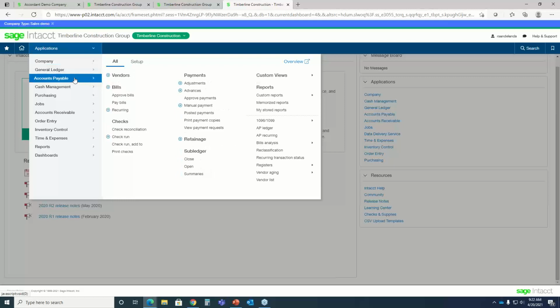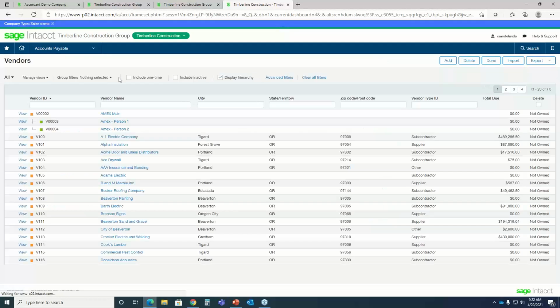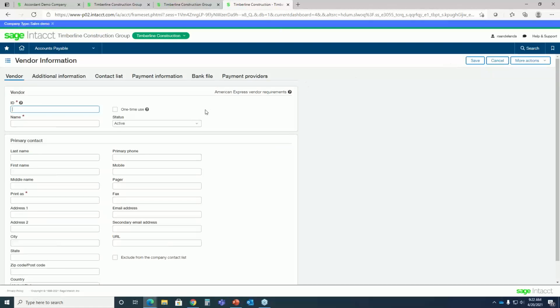We're going to jump into AP for a minute. Let's look at a vendor setup screen. Notice, by the way, this list view that pops up is editable for each user. I'll show you that when we look at bills in just a minute. Notice the action buttons on the top right of the screen. You're going to see that everywhere, and they will vary based on security or permissions set up. So in this case, I can add a vendor. Here's your vendor screen. I'm not going to dwell on every field here, but notice just the look and feel